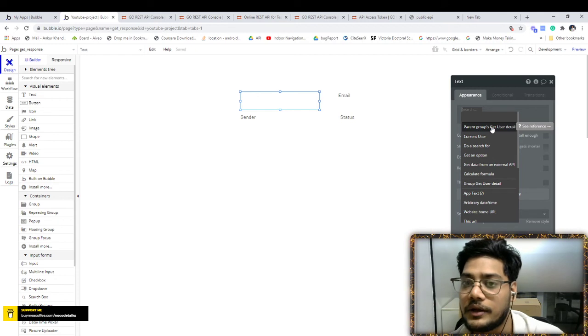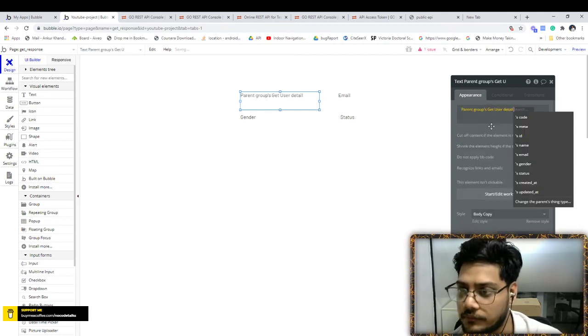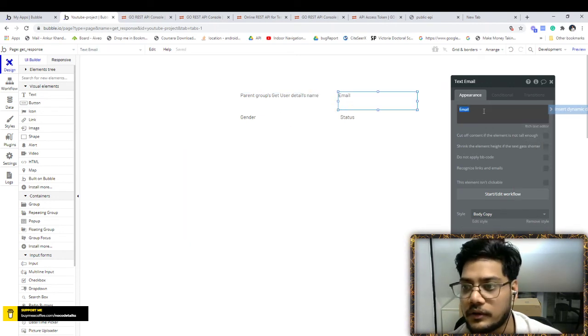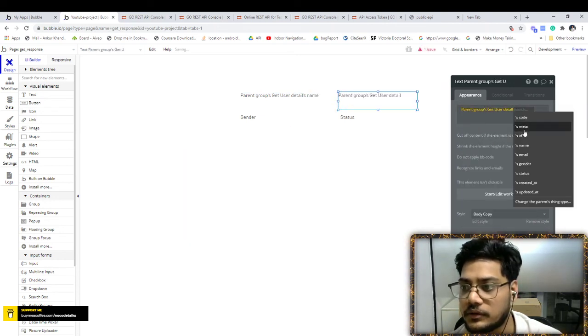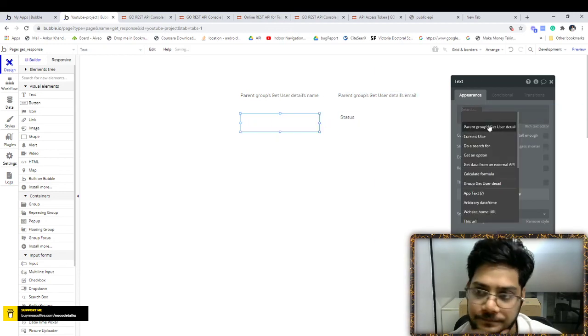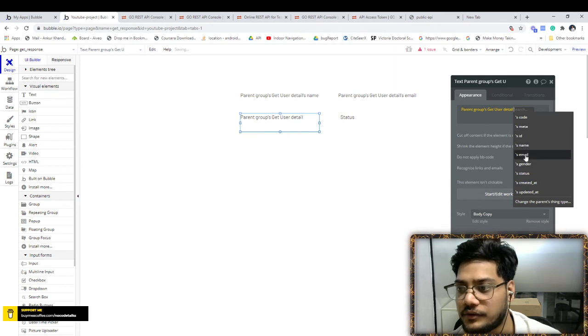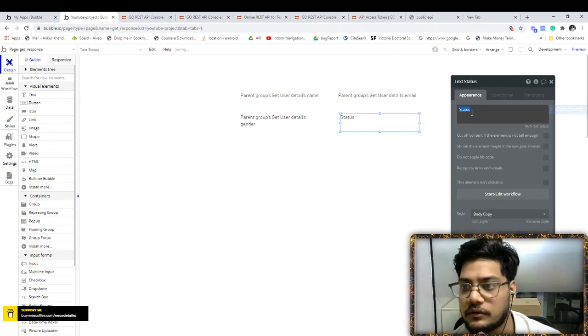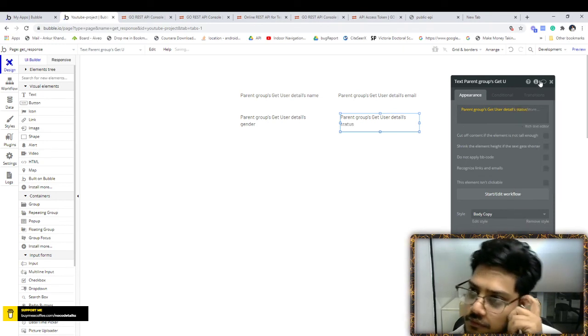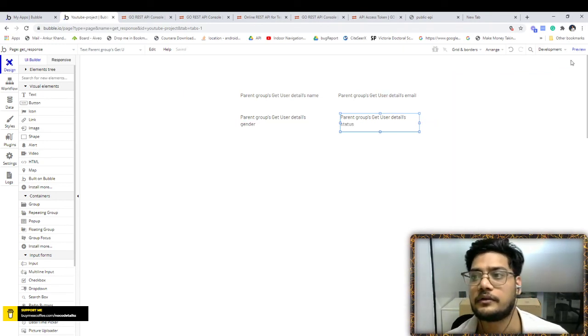This is where we get our data and what type of data it is. We click on this and show the name. The same thing: click on this, insert parent email, gender, insert parent gender, status, insert parent status. Now we will preview.